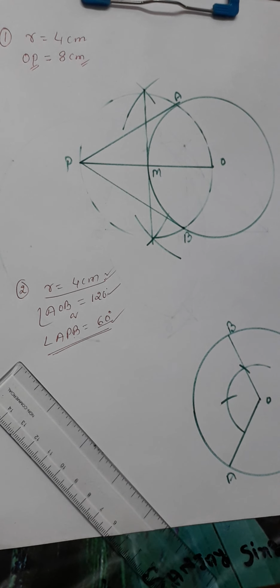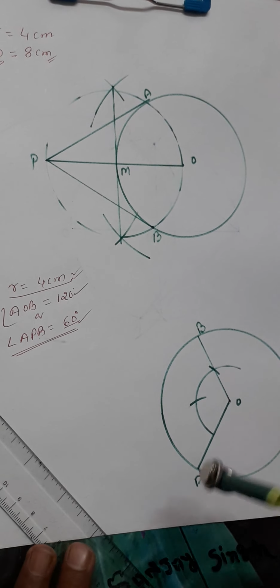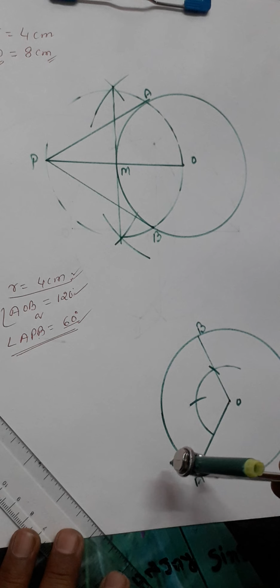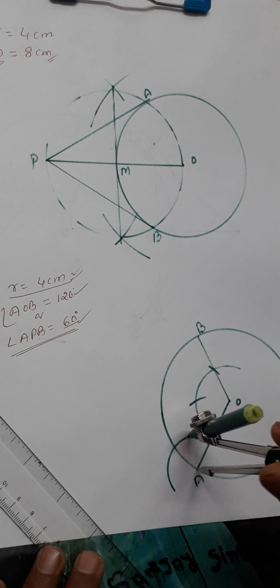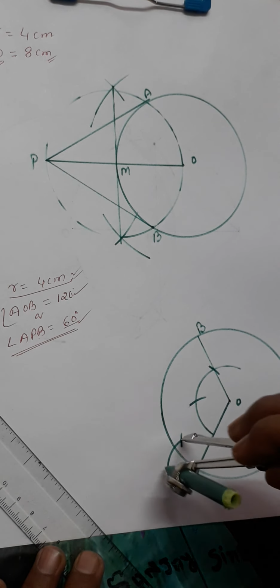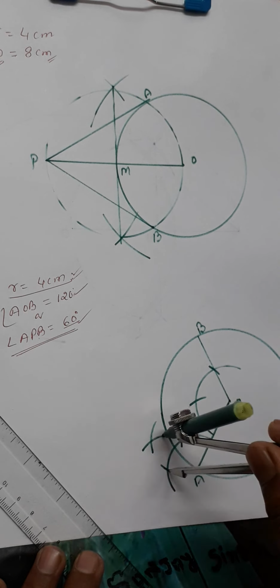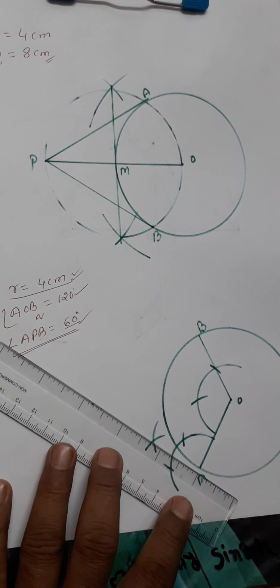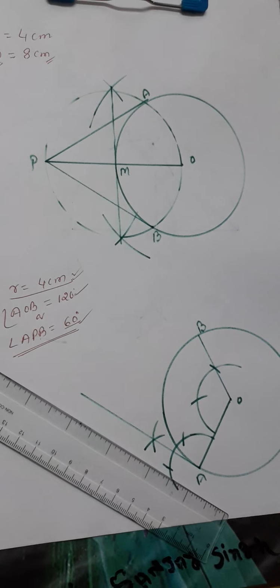Now we have to draw tangents at point A and B, and we know that angle between radius and tangent at the point of contact is 90 degree. So we will draw an angle of 90 degree here. Be careful while drawing. We will cut one arc from here, another arc from here, and like this from here. This angle will be 90 degree at point A, not OA. We have drawn like this.